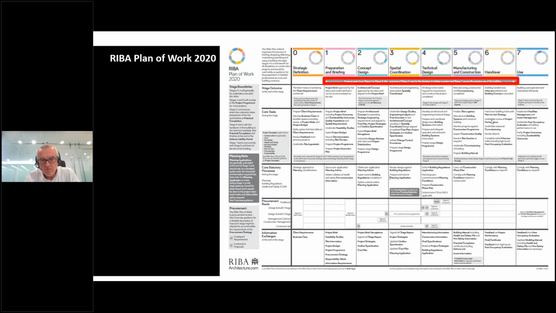And one point just to kick off in terms of the horizontal bar. So obviously we've got the stages 0 to 7, the 8 stages of the plan of work. But the plan of work is really geared around some horizontal taskbars, as we called them at the time. The one at the top is really recognizing that the design team that most of you will typically be part of doesn't really kick in until stage 1 to 6. And in many instances, the design team won't come on board until stage 2.